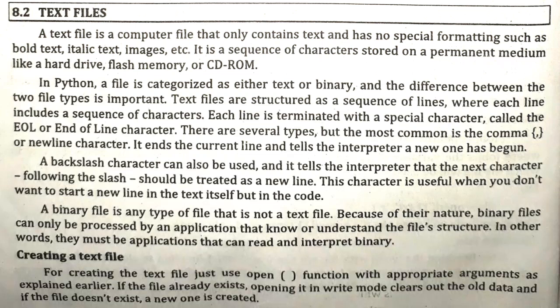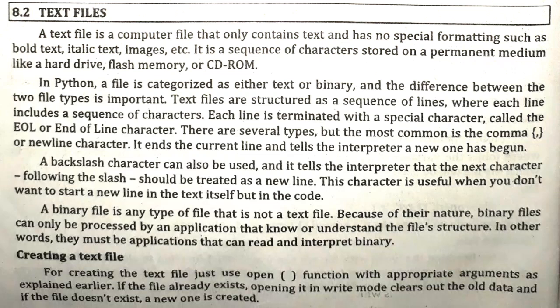Binary files are not visible to us, but they can be handled by applications. For example, while sending a PDF file, while processing, that particular file is converted to binary and then executed.